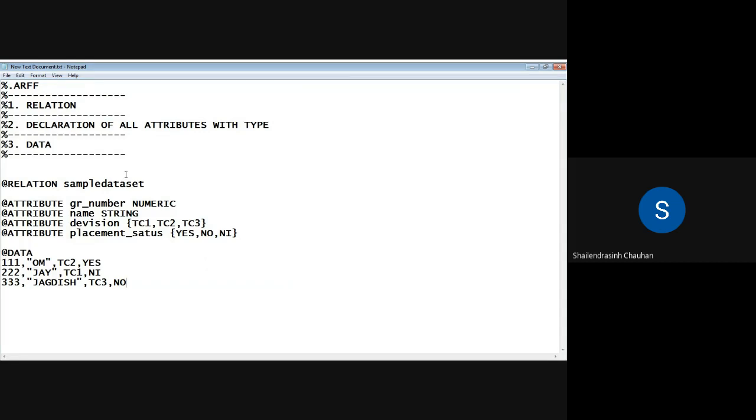Outside, I have saved it as 7TC2 B batch dataset, and inside this file, I have saved it as sample dataset. This is the name that will be displayed inside Weka.